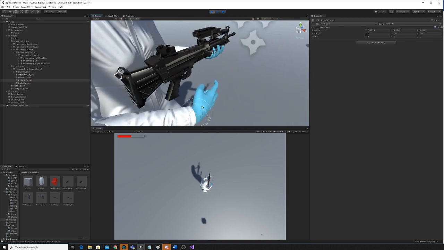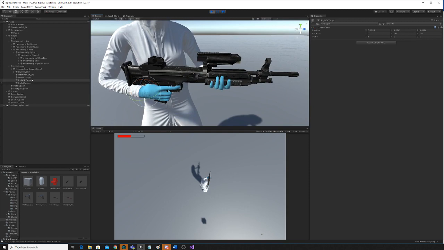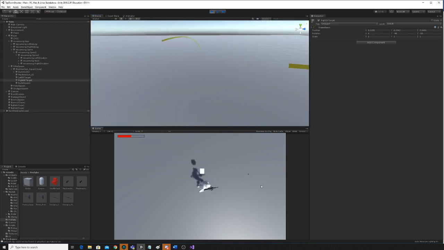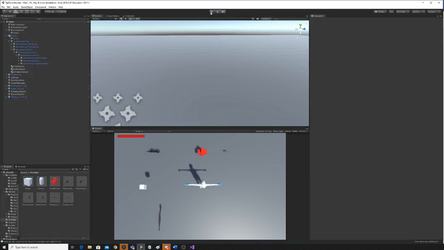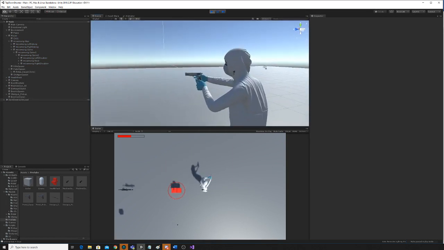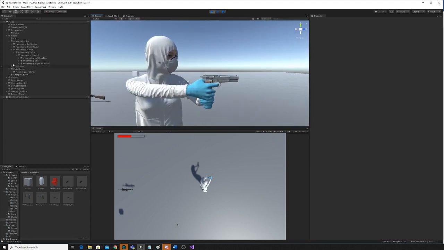I can move it around, I can rotate it pretty much however, and get it positioned exactly how I want it to be on the weapon. And I did this for all the weapons, so if we go back into playing, actually I think the pistol's gone, so I will replay and show you the pistol. Cool. So you can see she's holding the pistol there, and again I have the target on here,